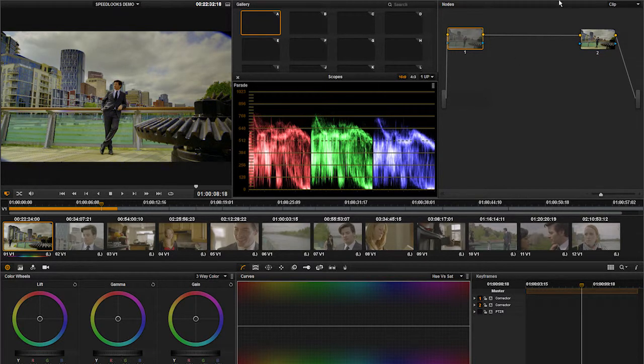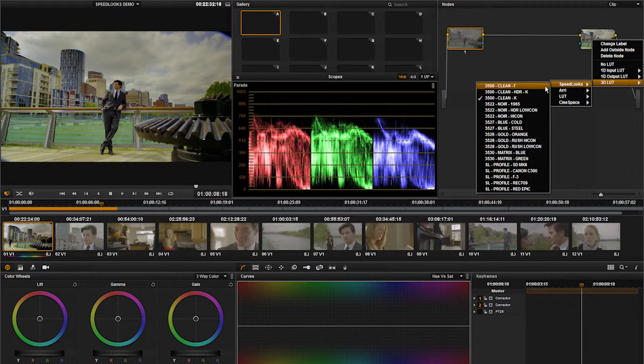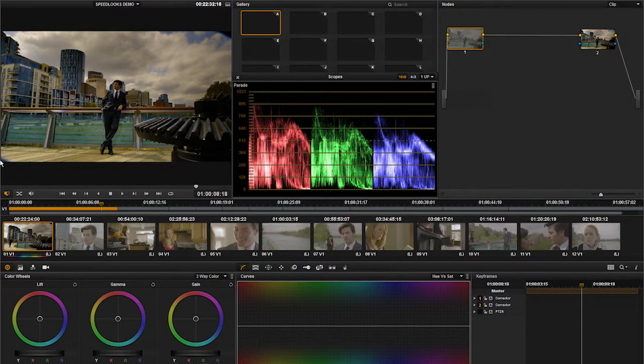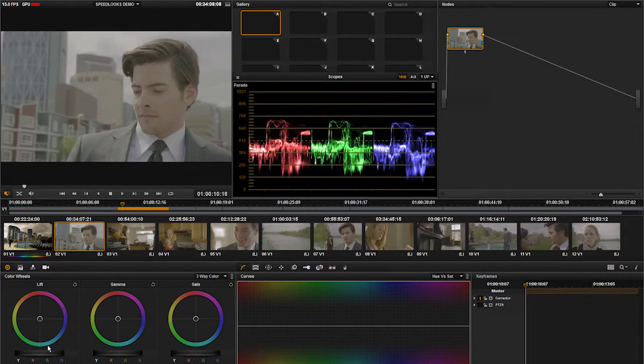And again, you can go in now and start to work underneath that LUT, darkening the shot down or doing whatever you need to do. Quickly, just to give you another preview of some other LUTs and Speedlooks. Another really popular one I love is 3528 Orange Gold, and it just gives you a really cinematic, really big look. Did I apply that LUT over there? Let's see. No, I didn't. Good boy. And now I'll just lift up my blacks a bit, just open the shot up,